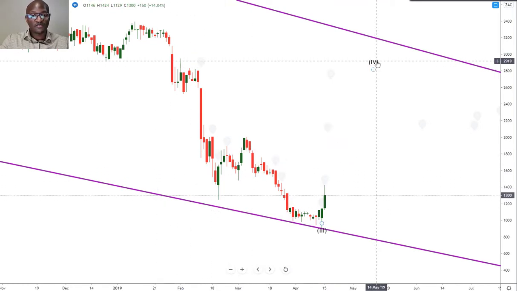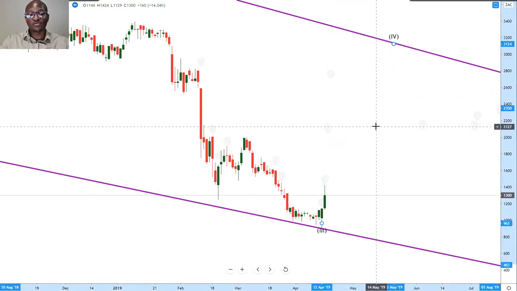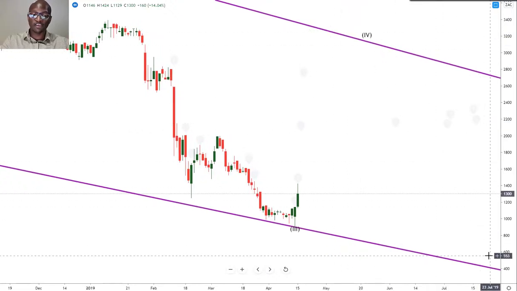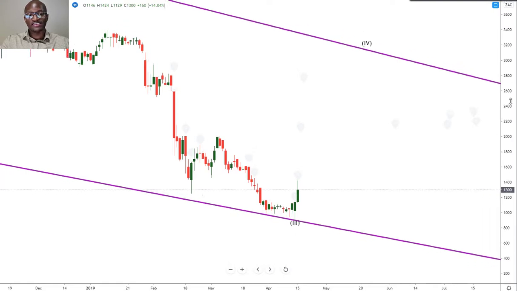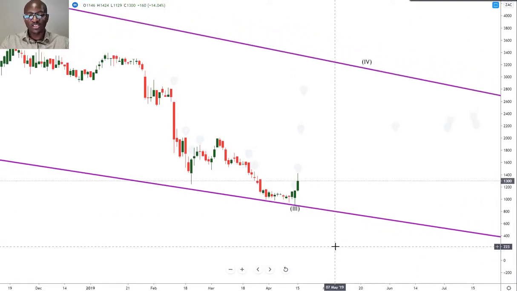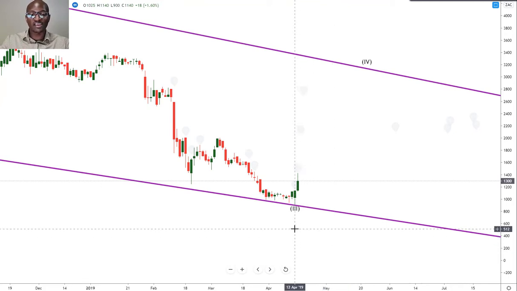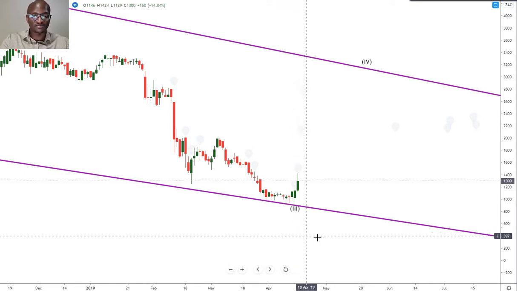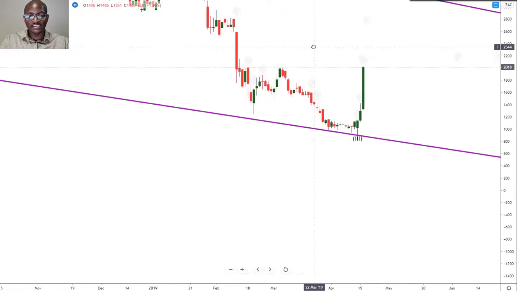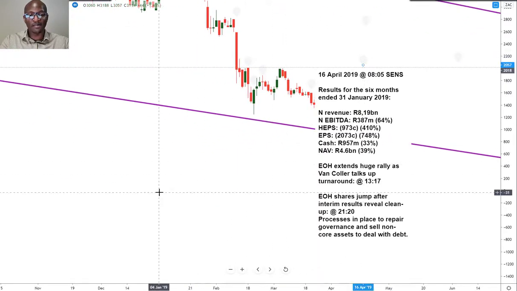Well, from an Elliott Wave perspective, we would have known that we are still in wave 4 and there's still a wave 5 to come. So again, looking at it from a pure fundamentals perspective, or just throwing a blanket statement that investors think the worst may be over, doesn't give you perspective of where the market is in terms of the trend. And the next day, an even bigger rally on the day that the announcement, the results actually come out.